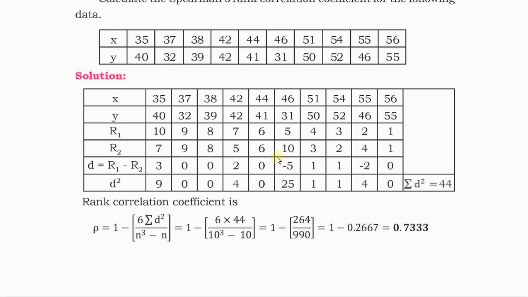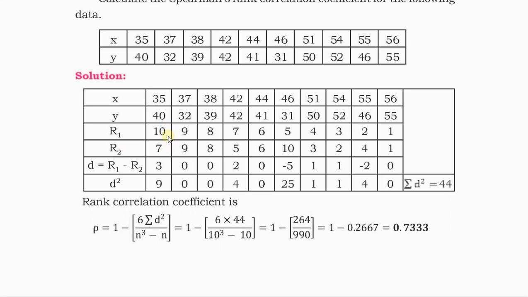So once you have obtained the ranks, now our formula here is rho is equal to 1 minus 6 into sigma d square divided by n cube minus n. Okay, so n here refers to the pair of the observations. So x and y, they are considered as a pair. So 1, 2, 3, 4, 5, 6, 7, 8, 9 and 10. So 10 pairs. Okay, so n here will be 10. And d, now we have to first find, d is nothing but r1 minus r2. You have to subtract them in the same order, first r1 and next r2.